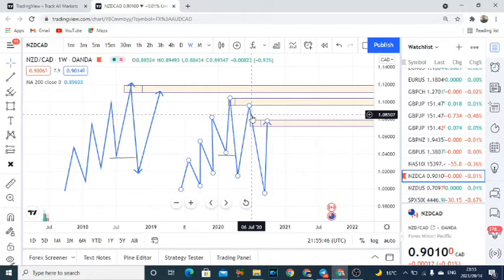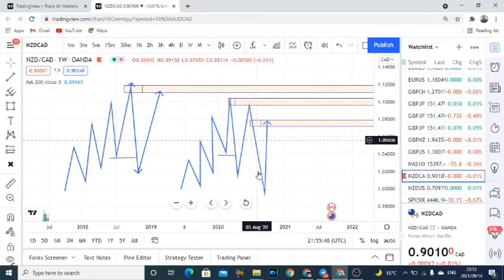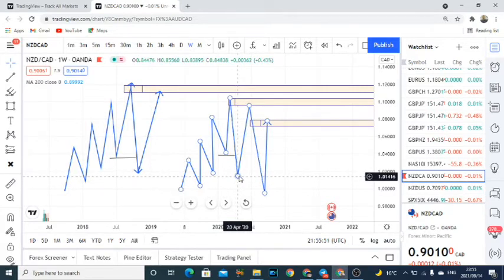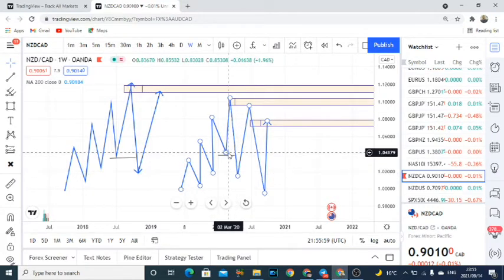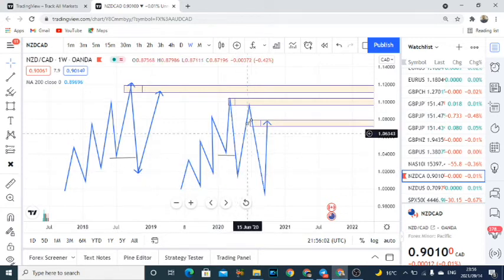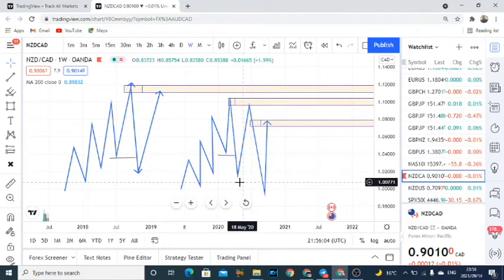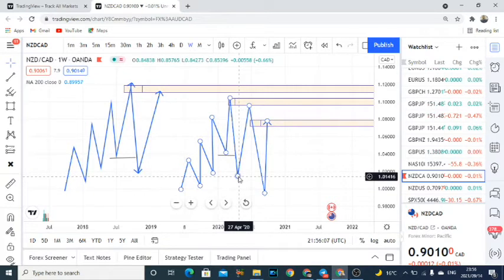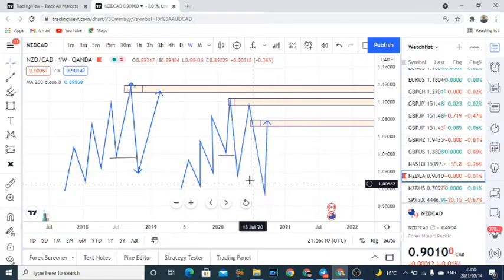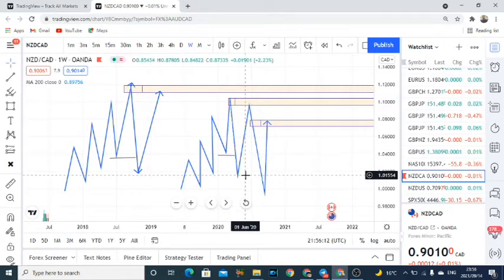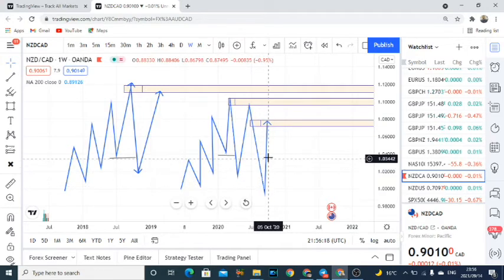So the high probability trade is that you have to wait for the market to break this level it has created, which is a lower low. This level is a lower low because it's lower than this low. You have to wait for the market to push down and break this lower low. After the market has broken this lower low, now you can see that this market has switched to bearish. Now, because it broke this low, I'm going to wait for the market to come back to the order block that created the break of this low, and then I'm going to sell from there.